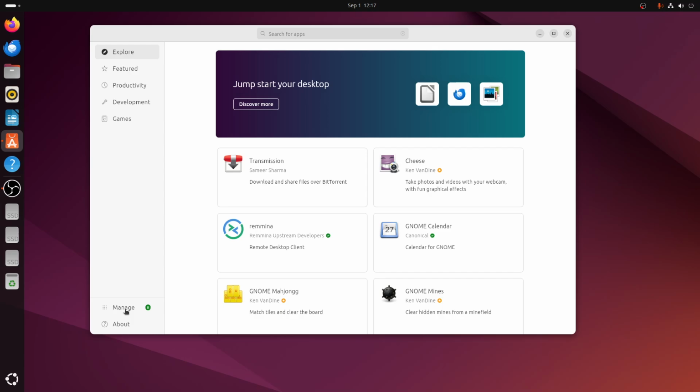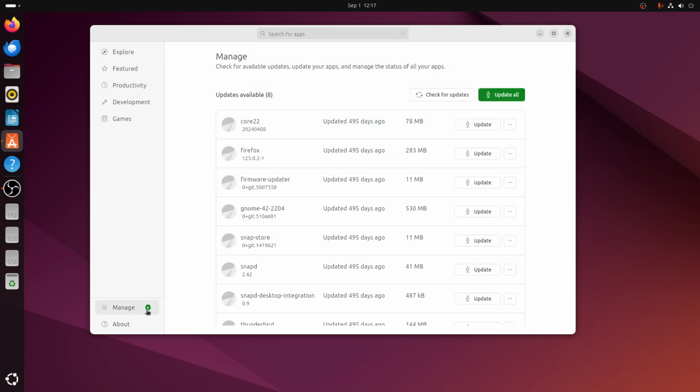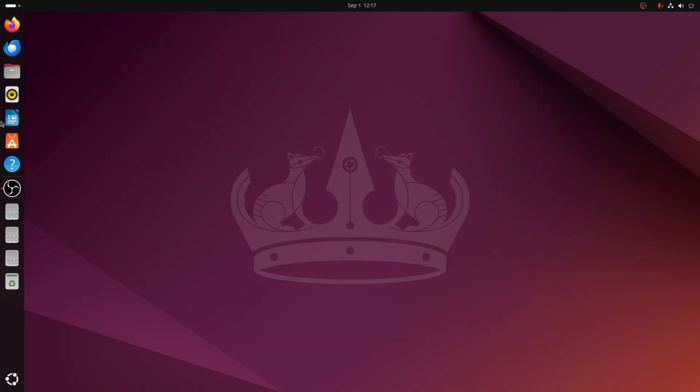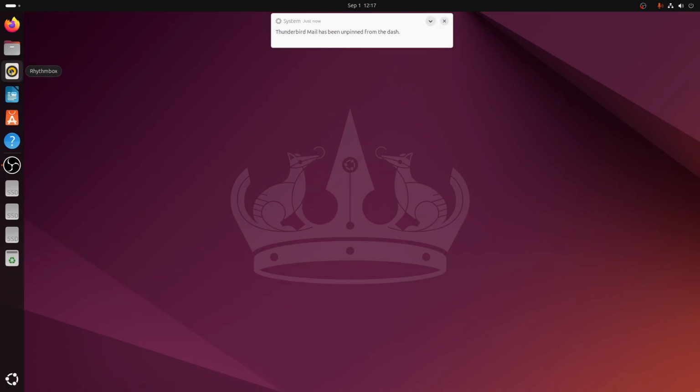Down here under Manage, you'll notice that I have a number 8. And if I go to update all of this, it won't work because there's a little bug with a new Ubuntu install. So let's tidy things up and open up Terminal and fix things so that the App Center will work. I'm going to right click and unpin Thunderbird, unpin Rhythmbox, unpin the help, and